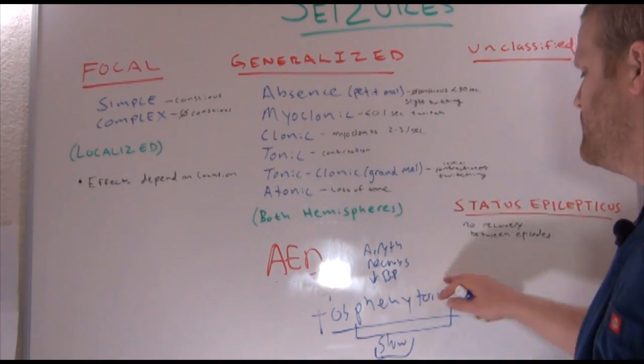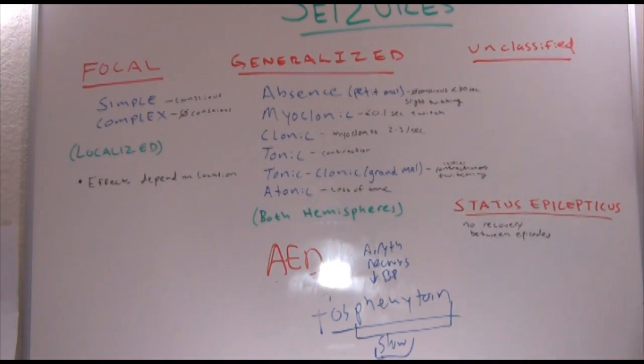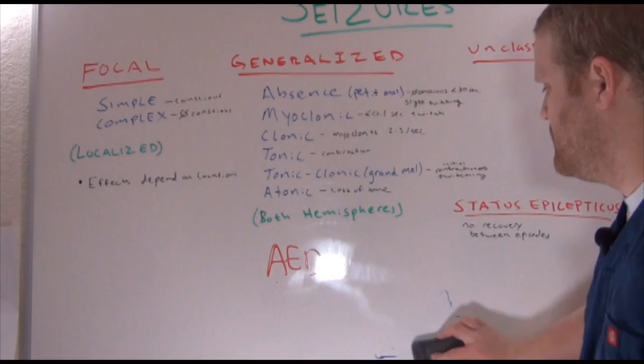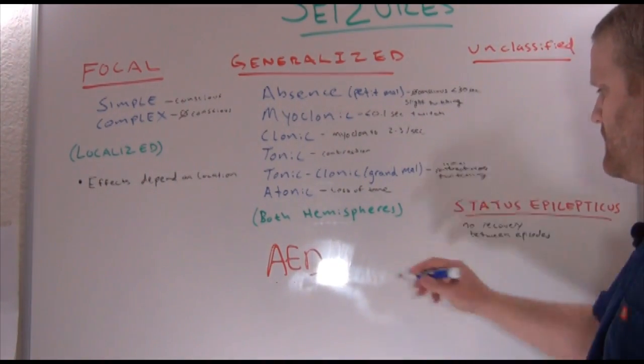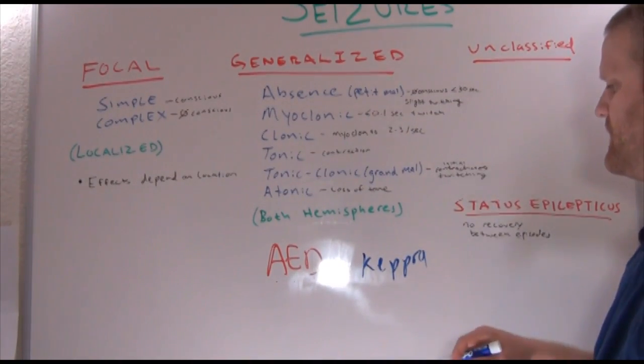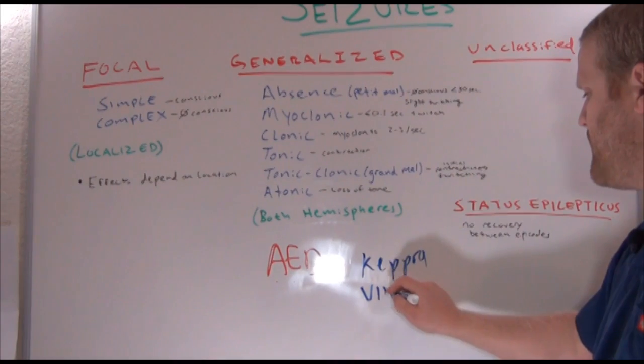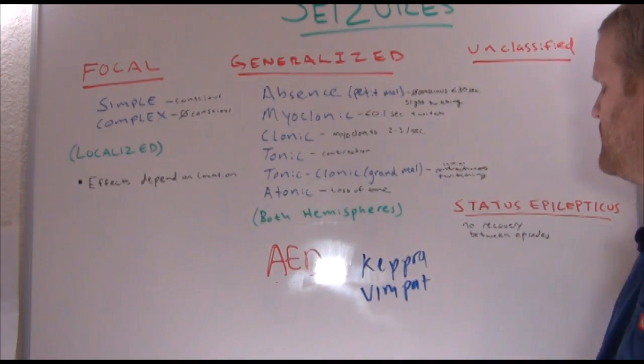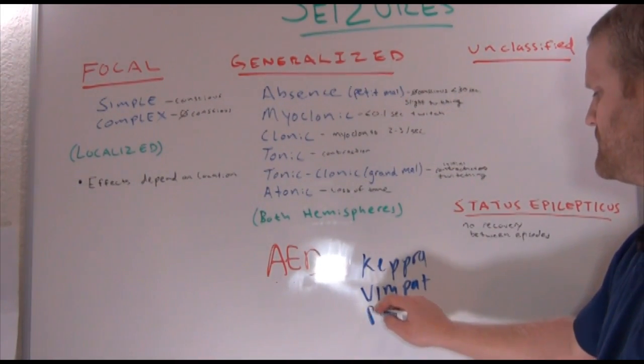Okay, so if this medication isn't effective in controlling the seizure, then we can also add Keppra. These are just some of the common medications. I'm not going to tell you all of them. We can add Vimpat, Keppra, we have fosphenytoin,